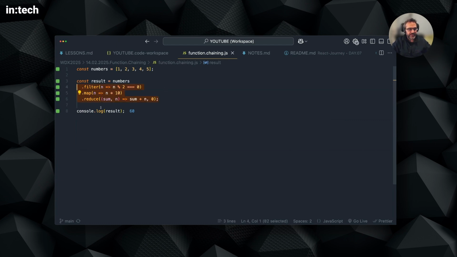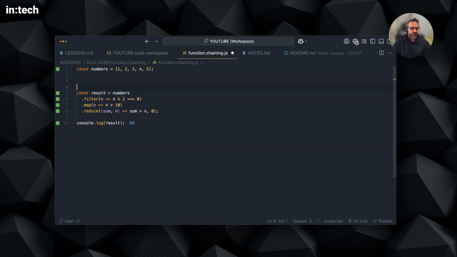So instead of just using these anonymous arrow functions, it's probably a better way to create a function like getEven. So give them a name,